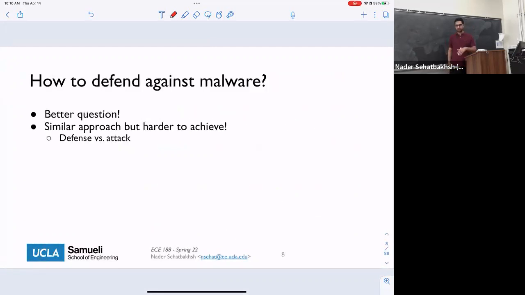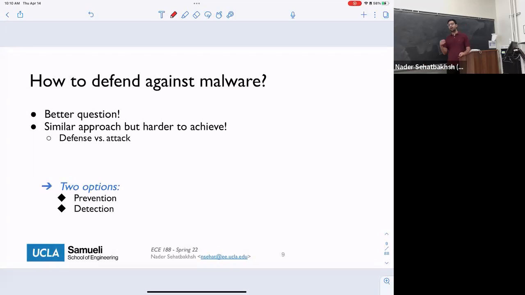So the last thing that we wanted to discuss, I want to continue on this in this lecture, was how to create and how to defend against malware. And we said that generally defending against malware is a very difficult challenge because you want to defend against all of these malware, right? So it's not enough to say that my system is secure against ransomware, but it's not secure against viruses, right? So you want a holistic approach. You want something that addresses all these problems.